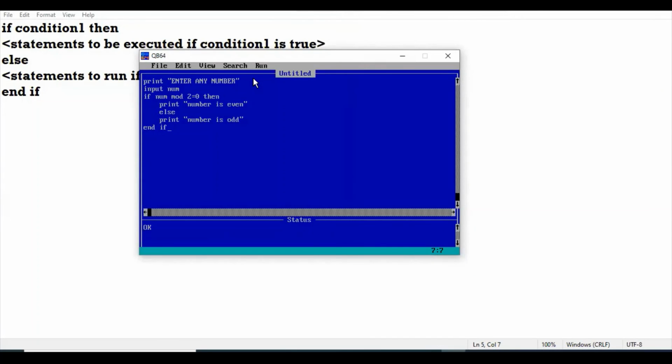Clear, beta, the logic? Why have I taken the mod operator? Beta, it is used to divide the two numbers and return the remainder as result. If the remainder is 0, that means the number is fully divisible. If the remainder is not 0, the number is not divisible, so the number is not even. Okay? So I hope all the discussion is entirely clear to the entire 7C class.